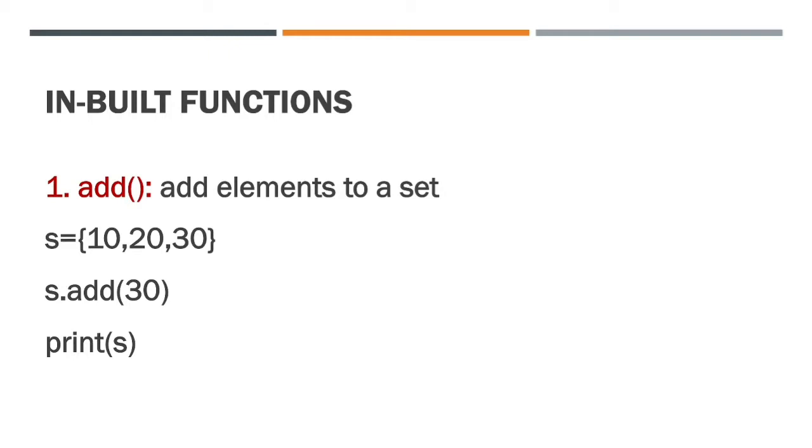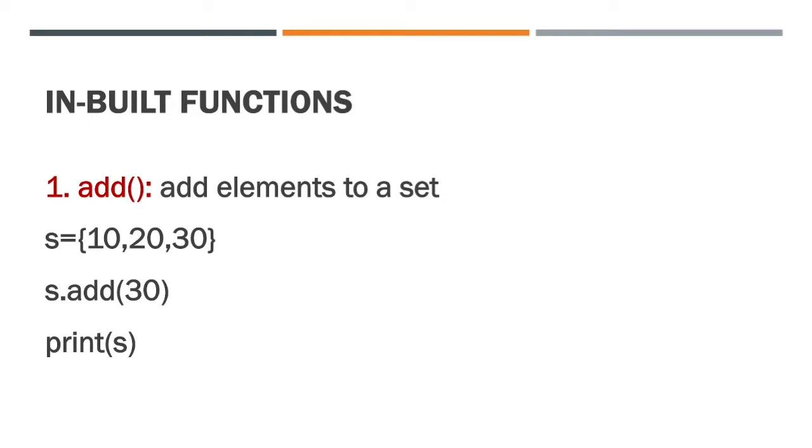On your screen, I have used a very simple example, but programmatically we are going to see a different example along with this one also. So here I have a set with three elements, that is 10, 20 and 30 respectively. And add over here is a method which is actually adding 30 to my set. And as you know that sets do not allow duplication of your values, so this time when I'm going to print S, the answer will be 10, 20 and 30. But through this particular syntax, we can add any amount of numbers or any amount of data to our set.